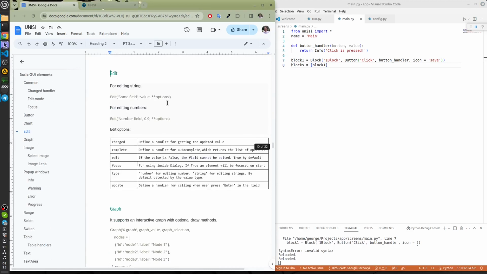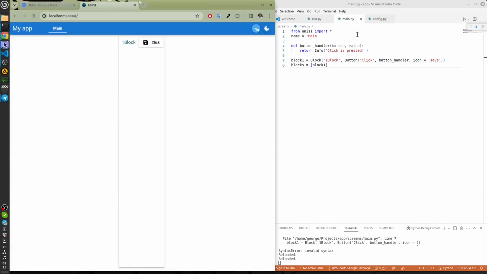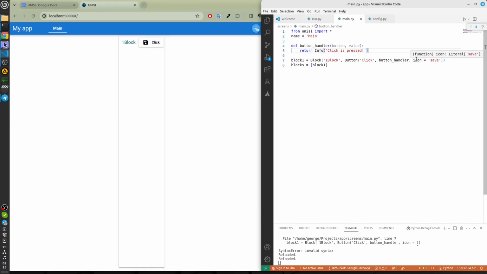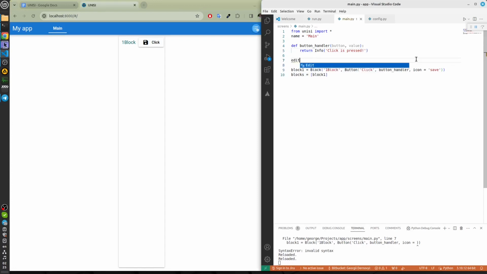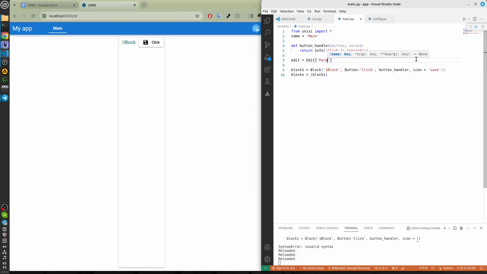Let's add a new element here. Let's look at the edit element. Edit is assigned to edit strings and numbers. Let's add an edit. Edit equals edit, param 1, and the value is 1.5.